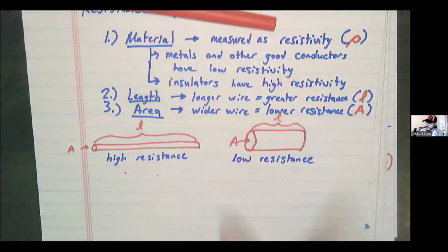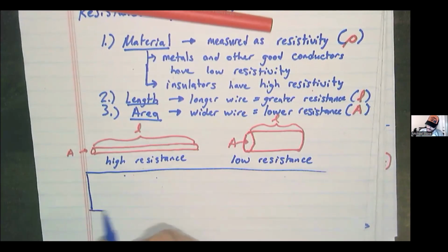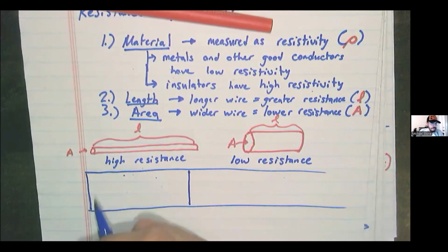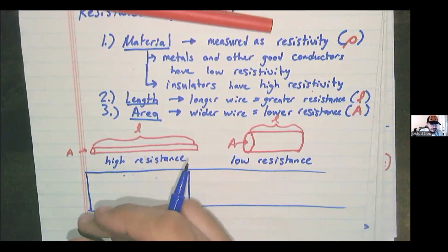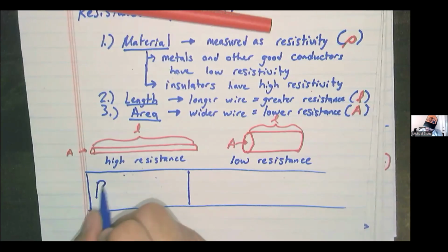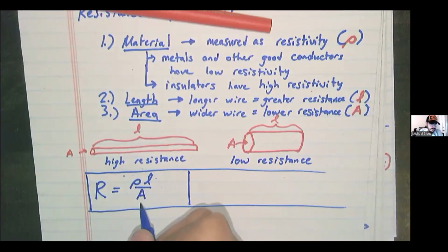So taking those proportions and making a quick equation out of it, if you don't happen to have a battery and an ammeter nearby, but you still want to find the resistance of a wire, if you know what it is made out of, how long it is, and you remember how to find the area of a circle, and it's roughly circular, you get a decent approximation of it.